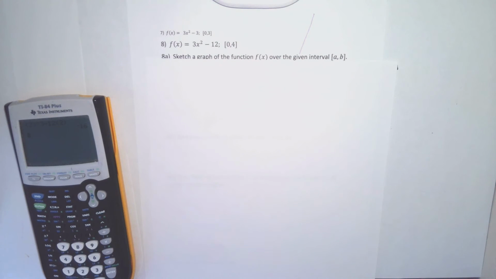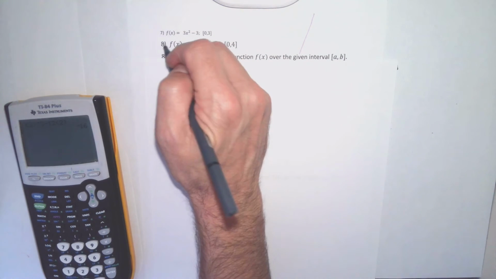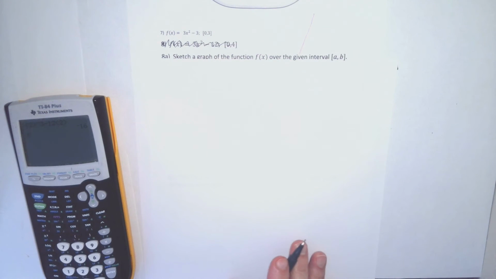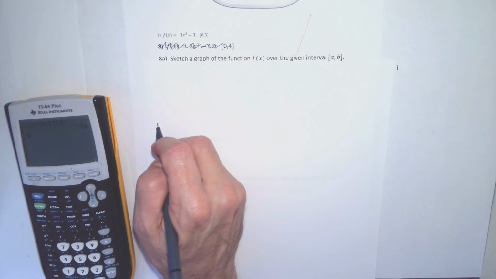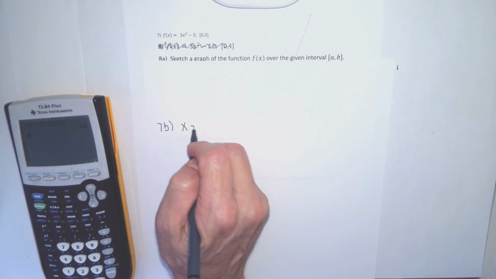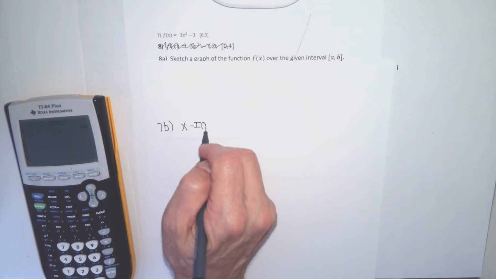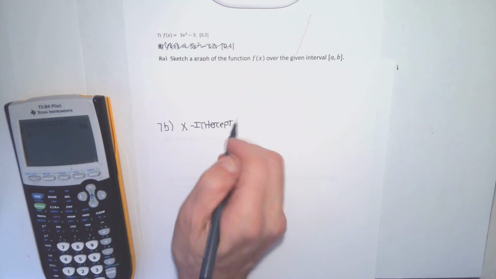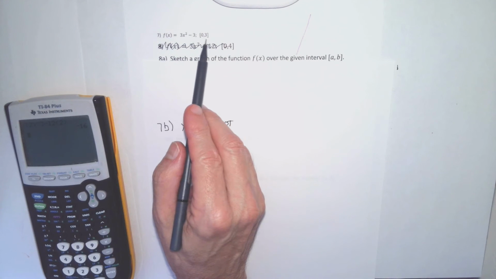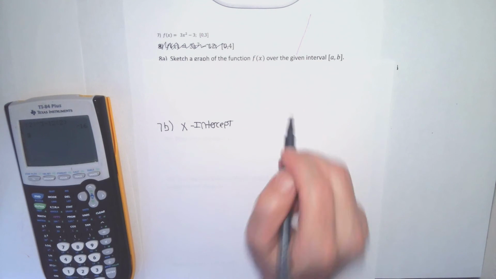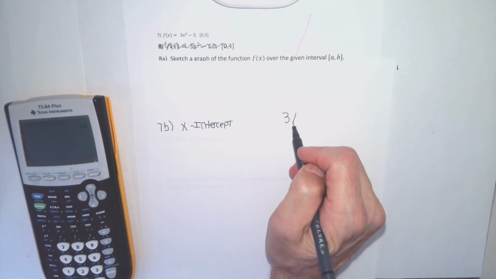So let me start. I'm doing number 7 because I think I kind of did number 8 in the first video or something exactly like it. So for 7, I'm going to do part B and find any x-intercept that the function has, but I'm going to only, in my answer, include any x-intercepts between 0 and 3, because this is the region I'm focusing on for the area. To find x-intercepts, you just take the function,